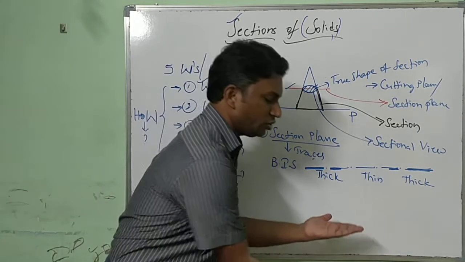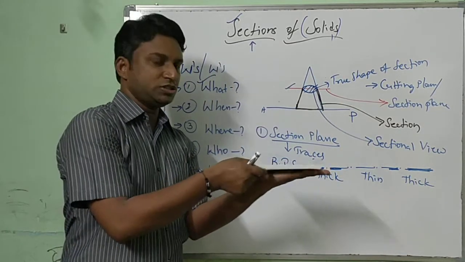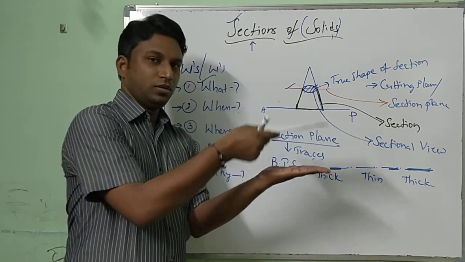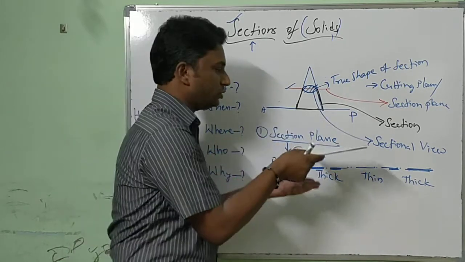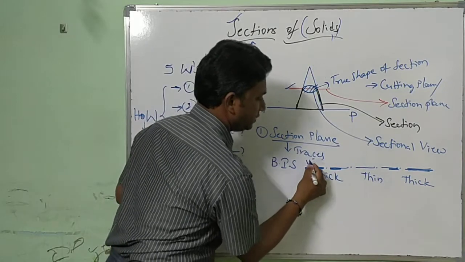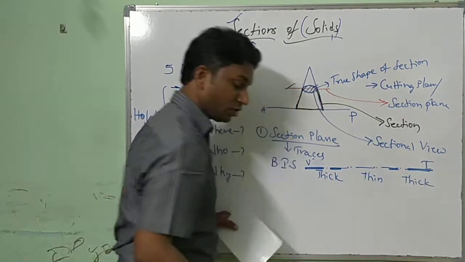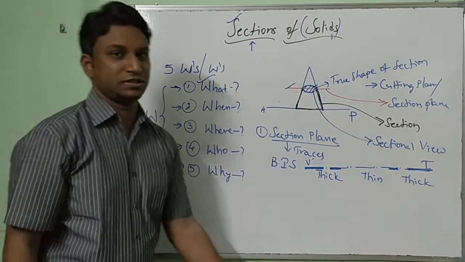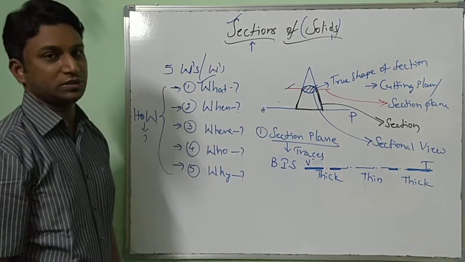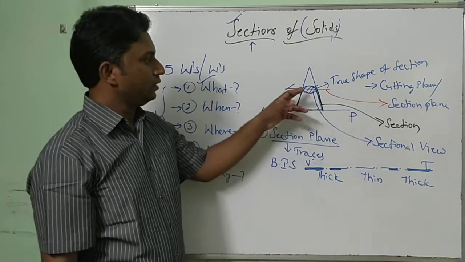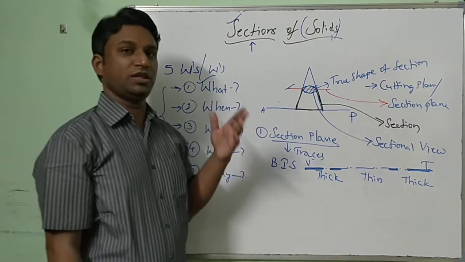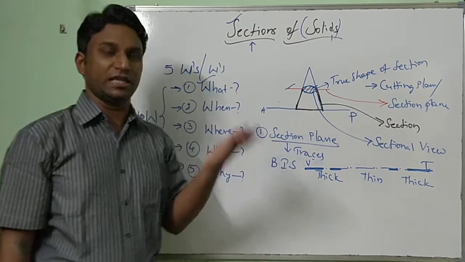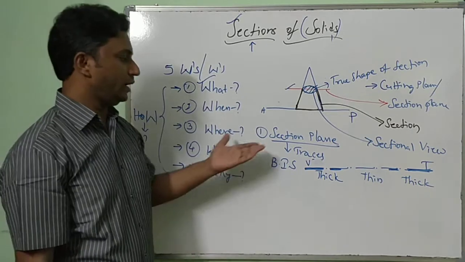So I am just showing the palm, a horizontal plane, the cutting plane or section plane, parallel to HP. Now it forms a trace which is noted by VT, called the vertical trace. I hope you all understand. When you are trying to cut a solid object with the help of some plane, which is called the cutting plane or section plane,